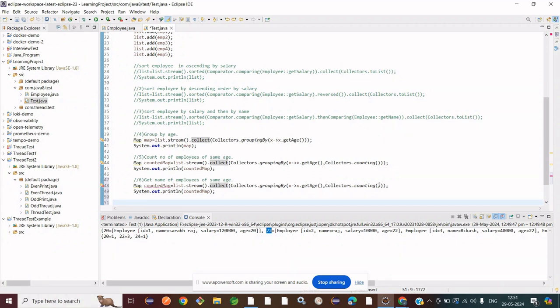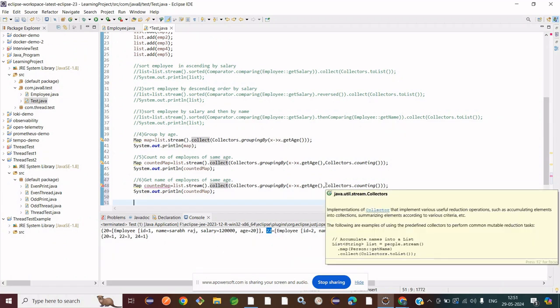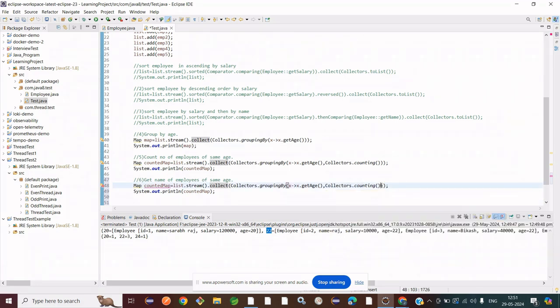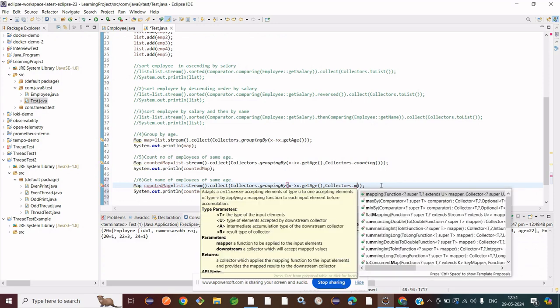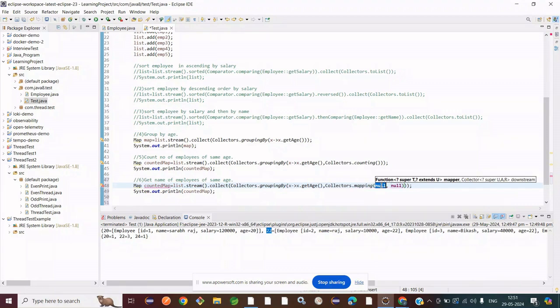So we have already grouped everything. So we have counting, but here we are not going to count. Okay, so we have collectors. We have one mapping method, so we'll use this mapping method. This is the reducing method. So we have two parameters here. One is a function and one is collectors. So function. So we are going to